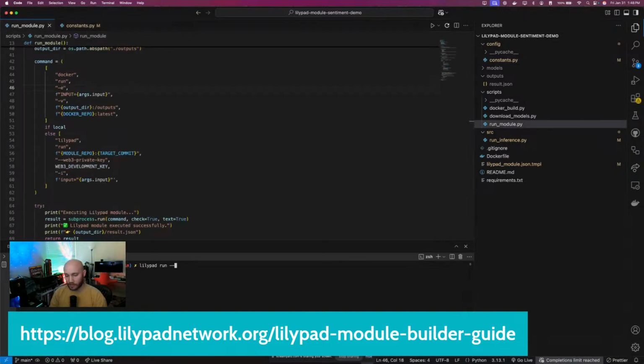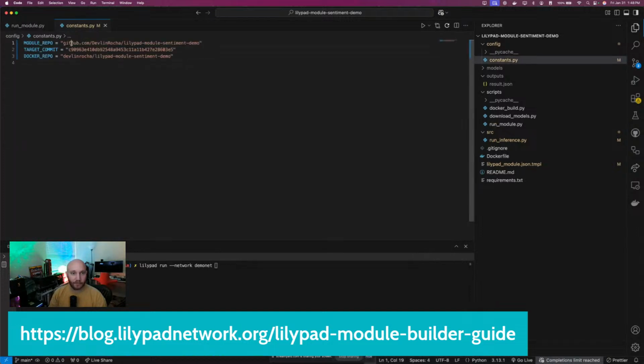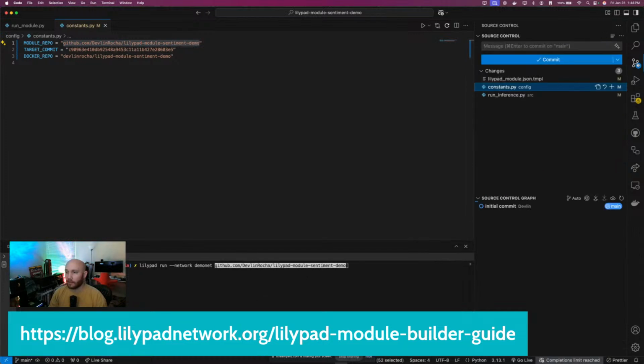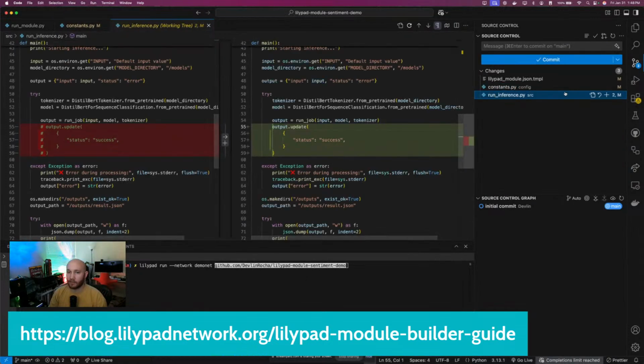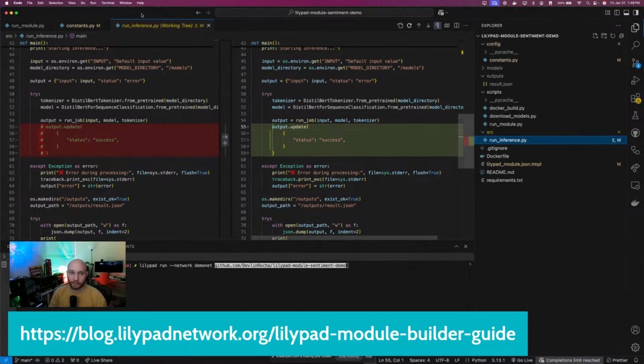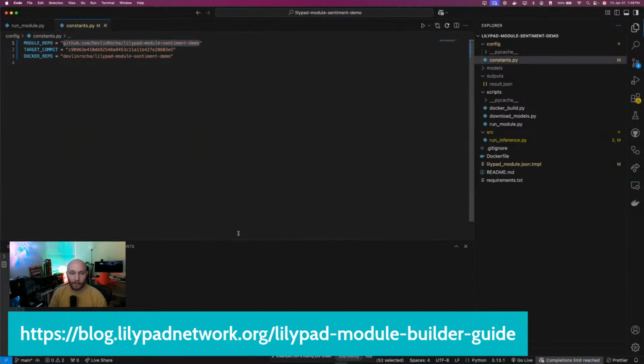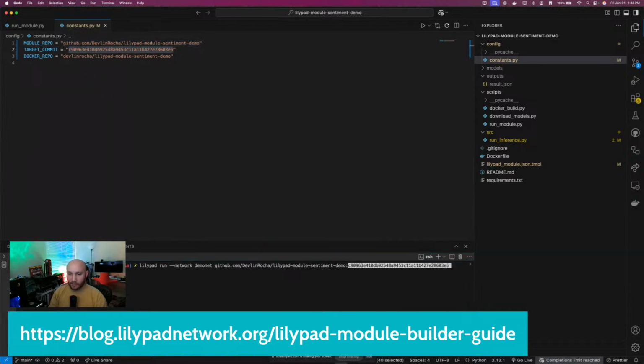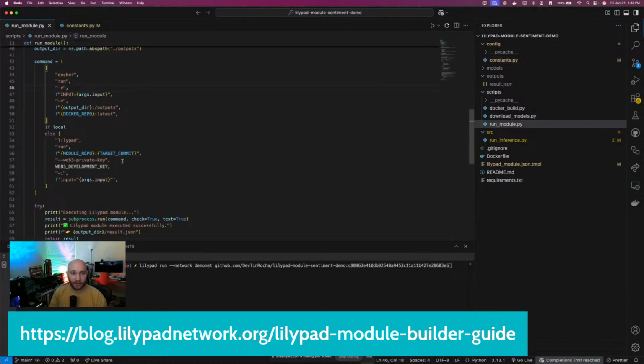Oh, I'm also not using DemoNet. That's my bad. That's fine. So now we need the module repo, with the latest commit, which by the way, okay, that's fine. Oops. This commit should work. I keep hitting the top part there. Just like that. Let's go back here to C, and then we need to pass in